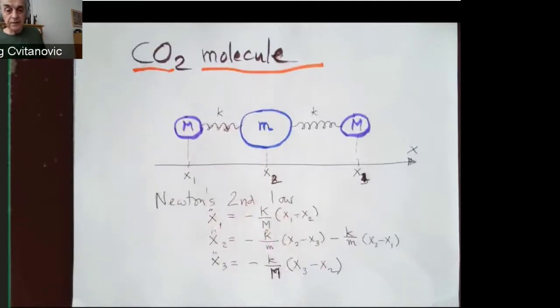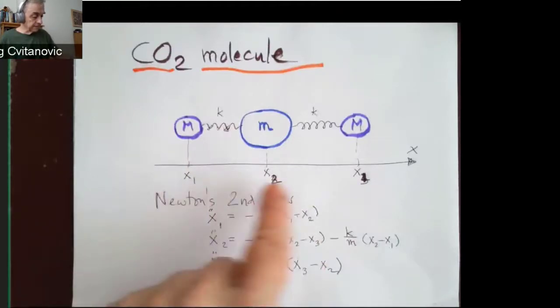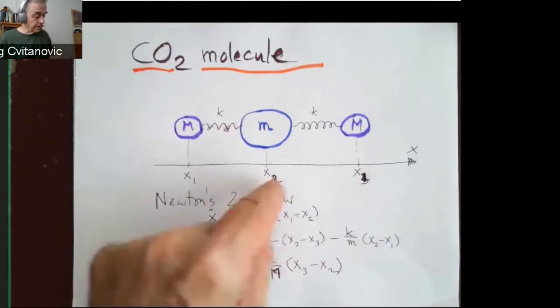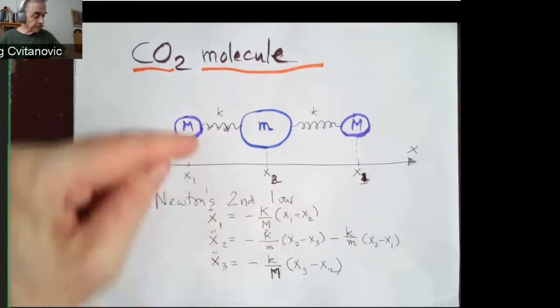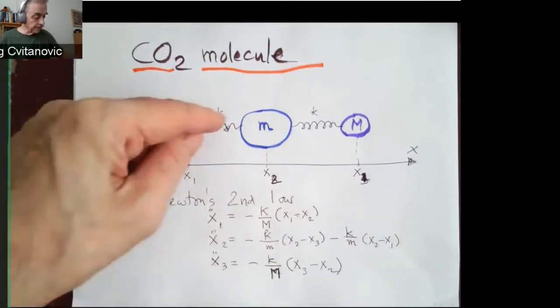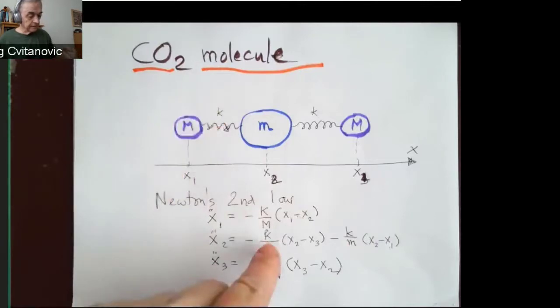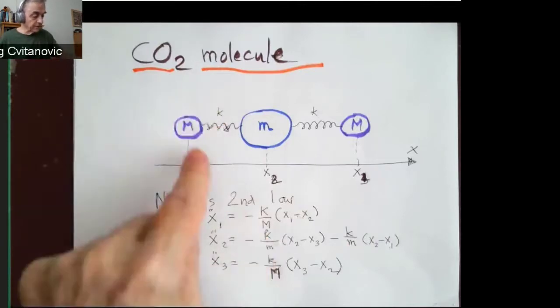And now Newton's second law says that acceleration of particle 1, 2, 3 is proportional to the force it experiences, which is the stiffness of the spring, the mass of this particle, and the stretching of the spring